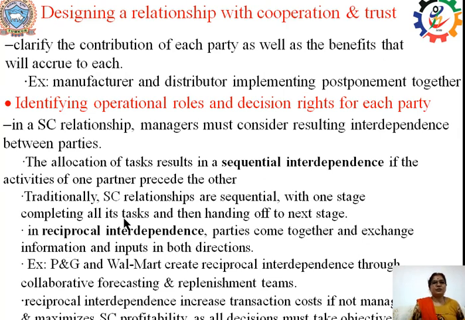So clarify the contribution of each party and the cumulative effect of that. So supposing the postponement strategy says that postpone the product differentiation till the customer order comes in. For example, if you consider the apparel, the garment industry, the cloth, if they color first and then go for knitting, the product differentiation started in the first stage itself. Whereas if they knit first and once the customer order comes in, they go for coloring, then it's called postponement strategy, pull type of